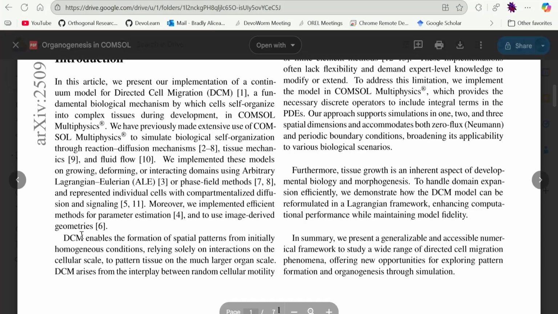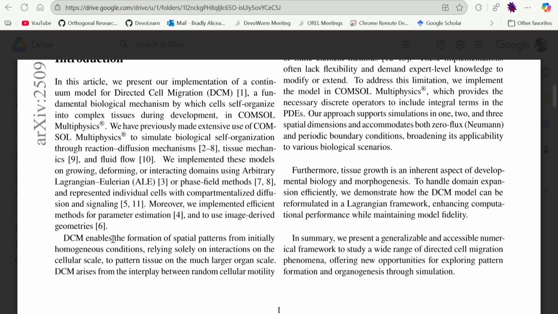Moreover, we implemented efficient methods for parameter estimation and use image-derived geometries. Okay, so then I want to talk more about directed cell migration. It enables the formation of spatial patterns from initially homogeneous conditions, relying solely on interactions at the cellular scale. So that's just like the baseline condition, to pattern tissue on the much larger organ scale, which is a sort